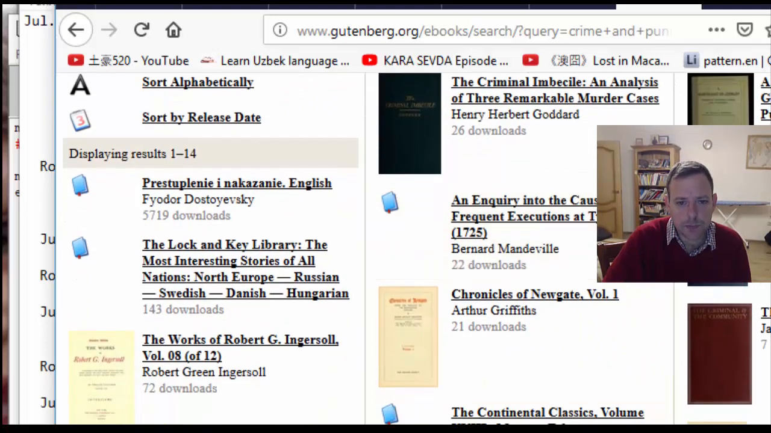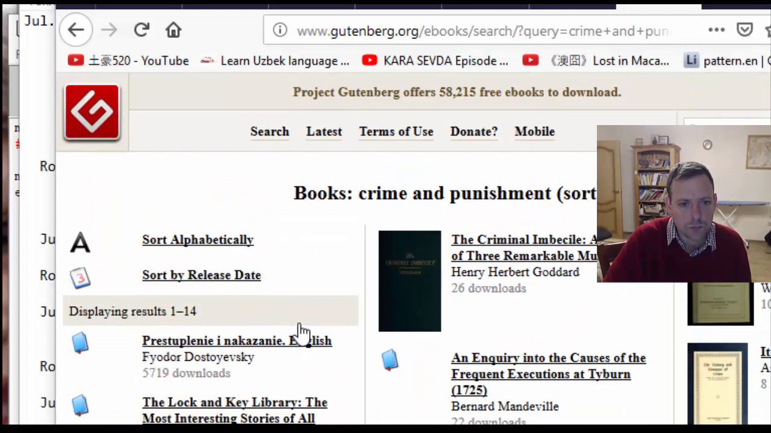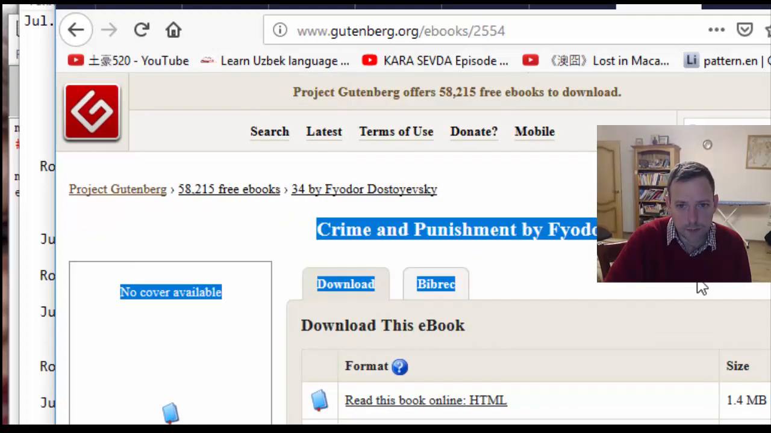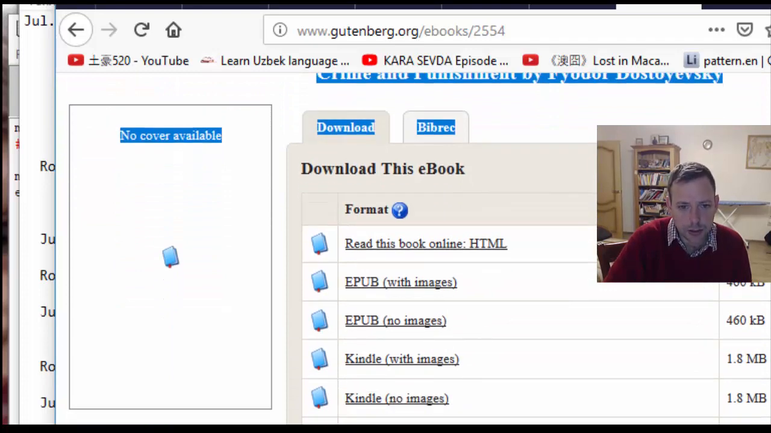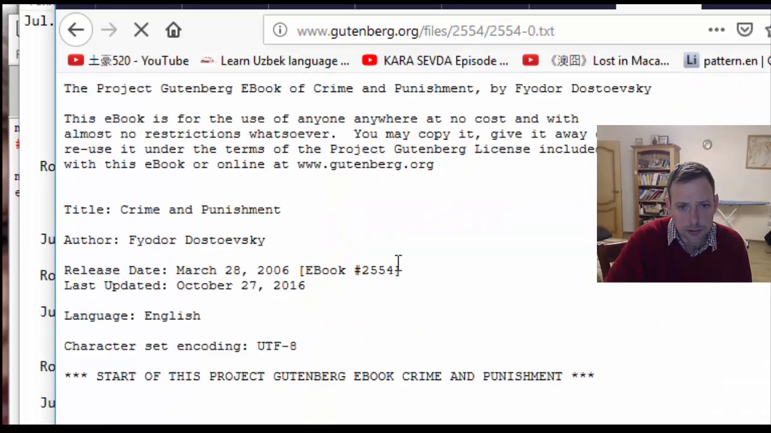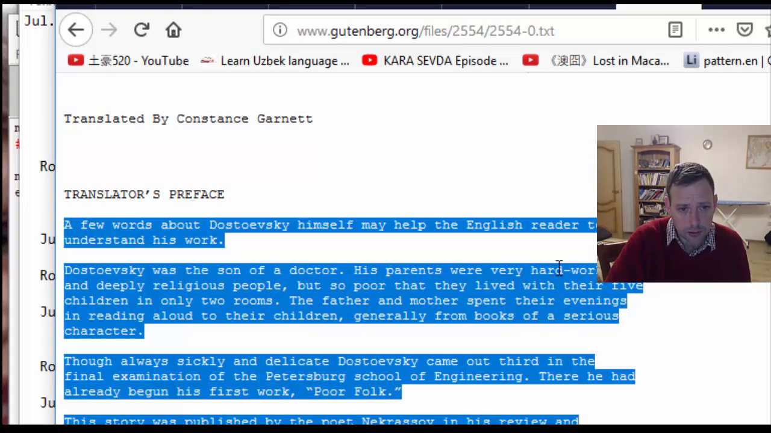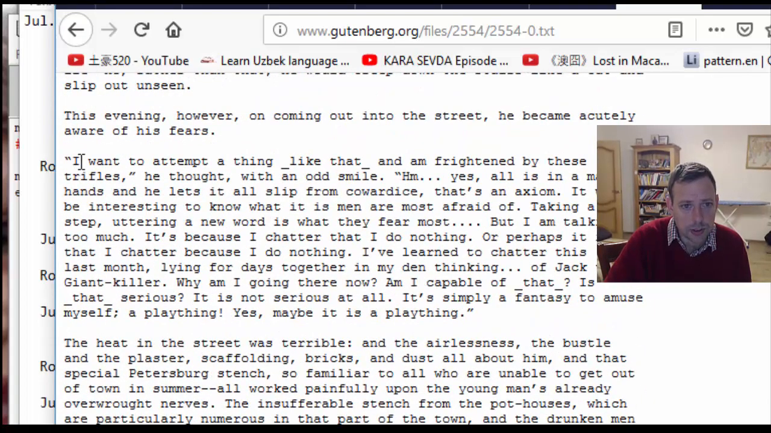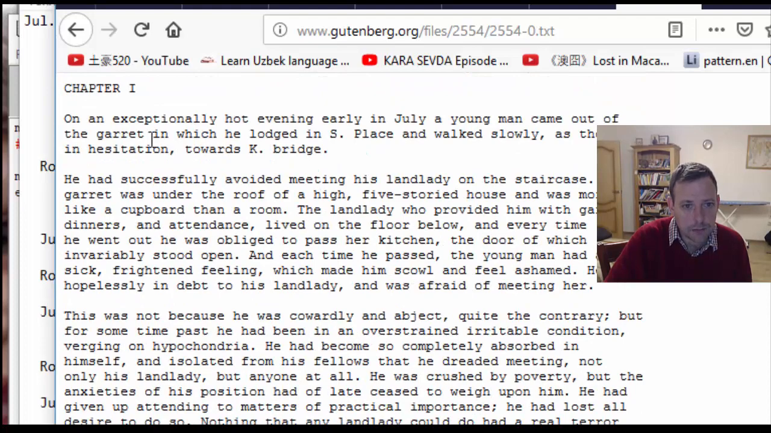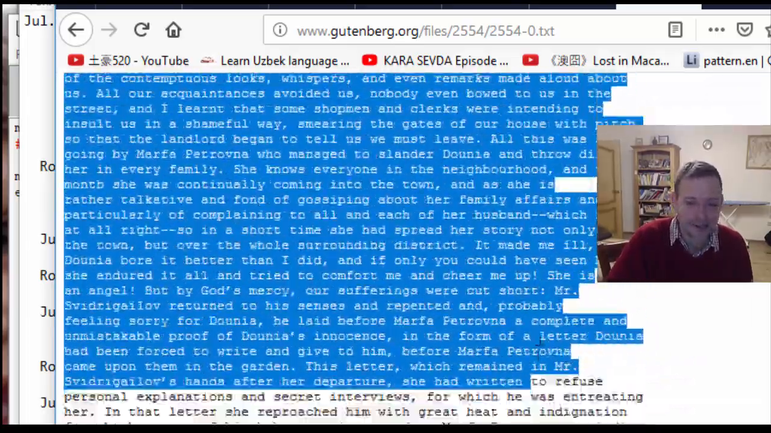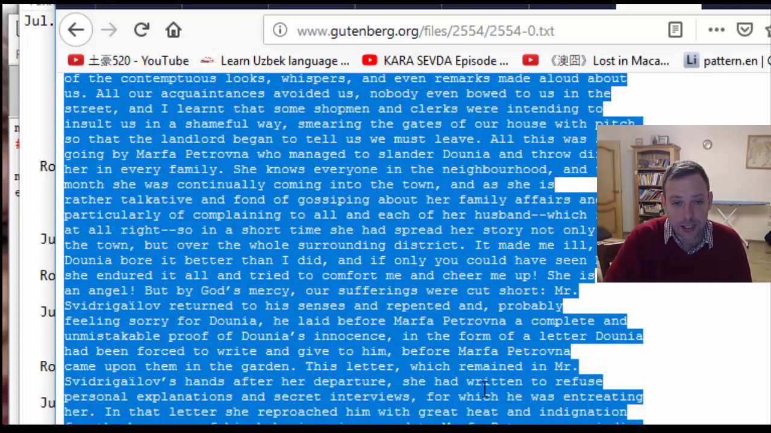Okay, what have we got there? Where is it? Sort alphabetically. Here's something. Oh, there we go. It's in Russian. Okay, so I've got Crime and Punishment by Fyodor Dostoevsky, and then you need to find the UTF-8. Okay, and then I want you to copy as much of that as you want. A few words about Dostoevsky. Here we go. A young man came out. What a beginning. Okay, so take that text, copy it,